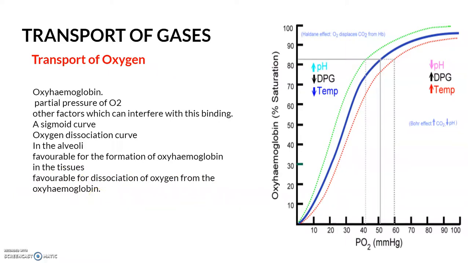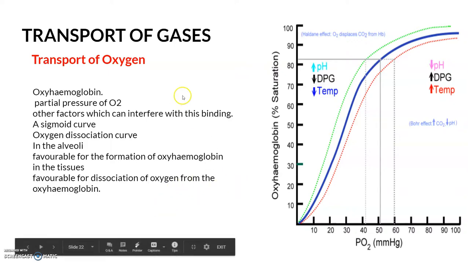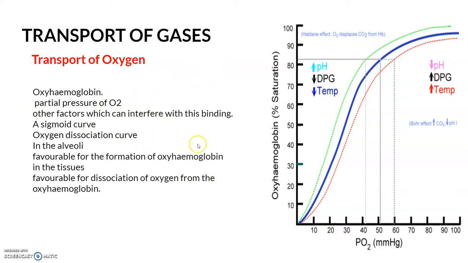Now this clearly indicates that oxygen gets bound to hemoglobin at the lung surface and gets dissociated when it is in the tissues. Every 100 ml of oxygenated blood delivers around 5 milliliters of oxygen to the tissues under normal conditions. So this is how transport of oxygen takes place, due to the partial pressure and some other factors like hydrogen ion concentration and temperature, which are also related to the transport of oxygen.